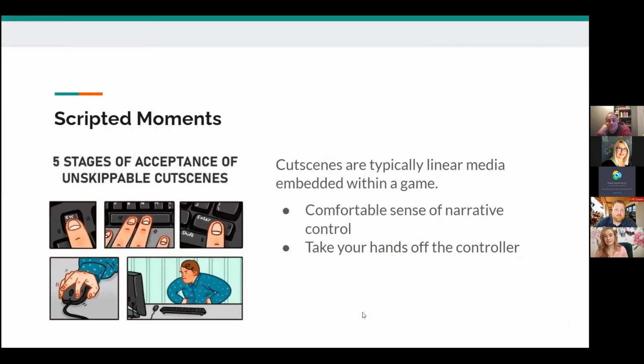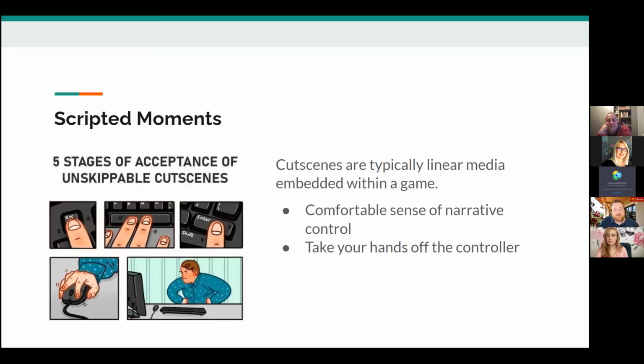A lot of games actually include whole books that you can stop and read. You can look in a library or something like that. All of these examples of embedded narrative that Marcy's talking about are scripted moments. They all have this in common: they're authored by the designer ahead of time and presented to the player. That cutscene, the way that story plays out, is designed as part of the design of the game.